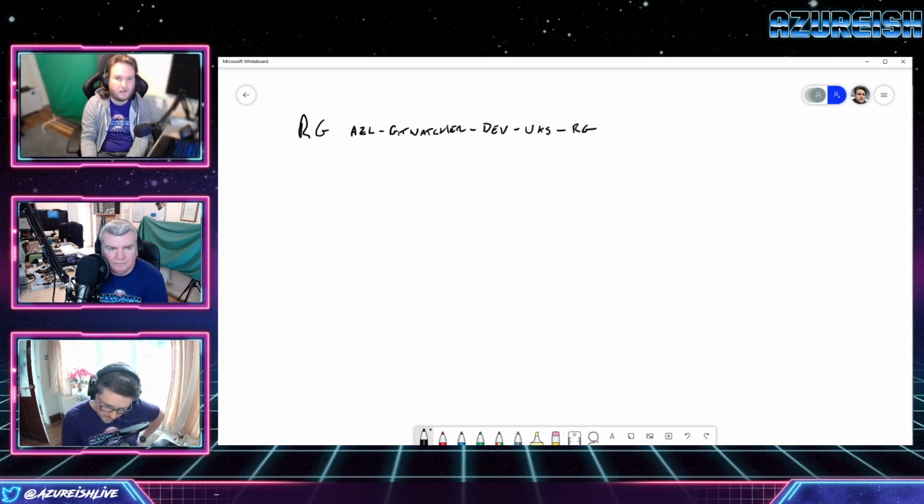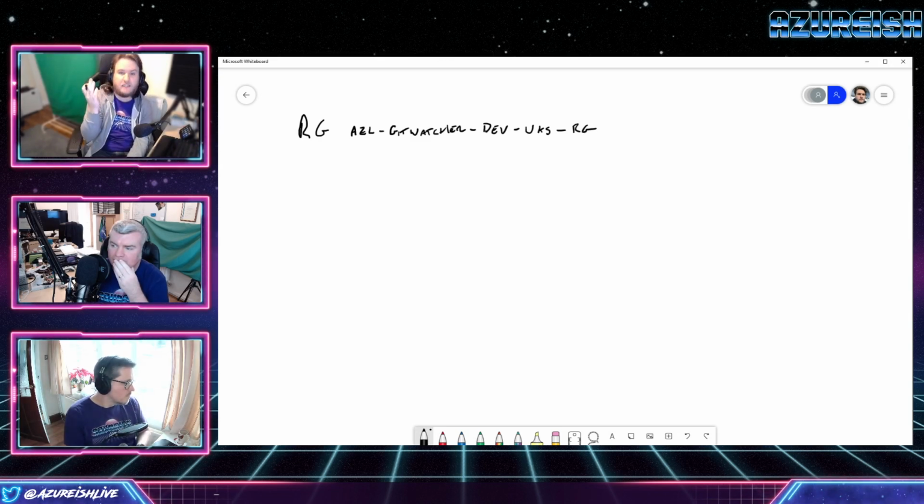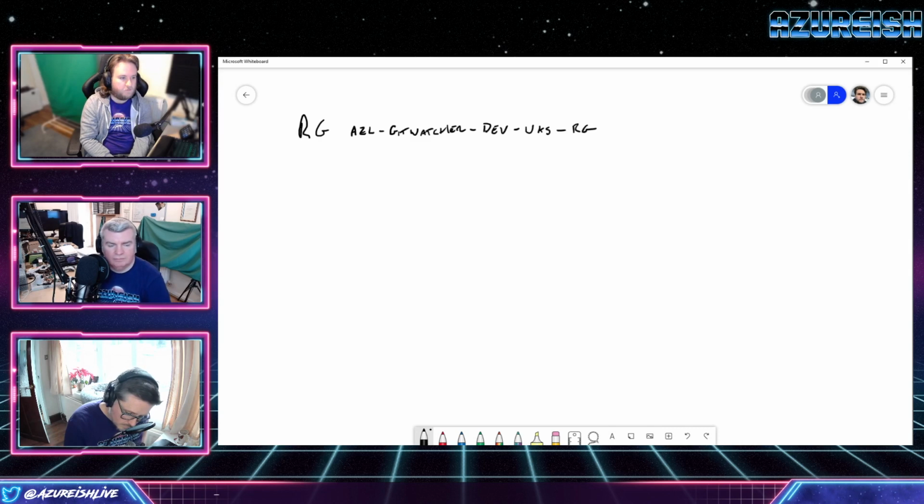Like for me, I like having a template that says, here is my environment, and everything I need to run this sits in that one. I might have a shared resource group at some point as well for any shared components, but other than that,